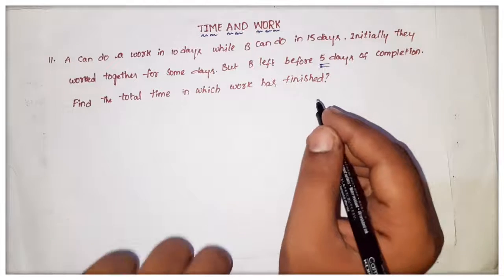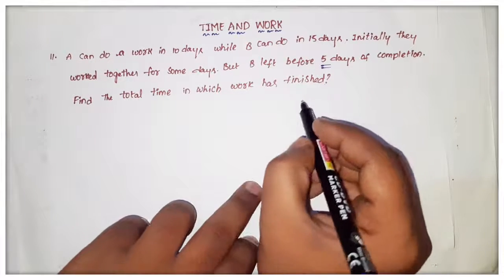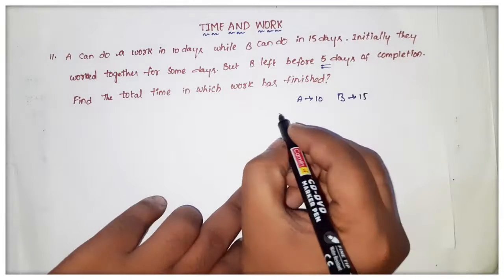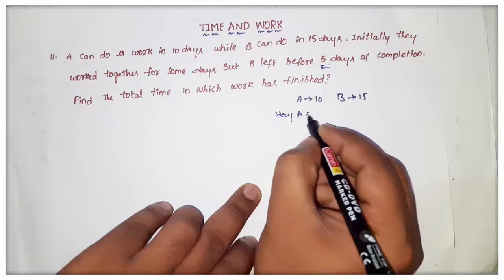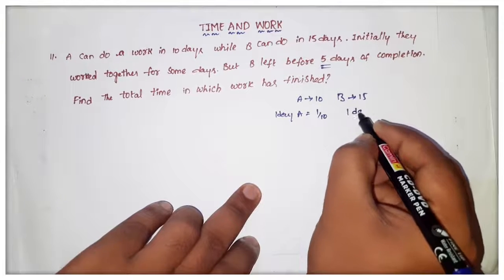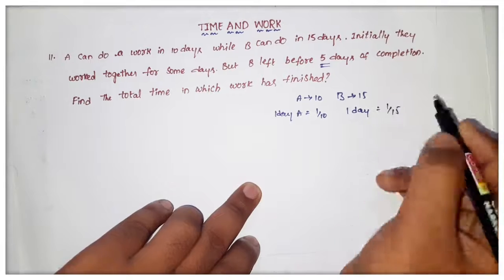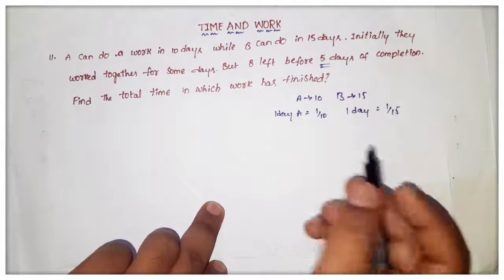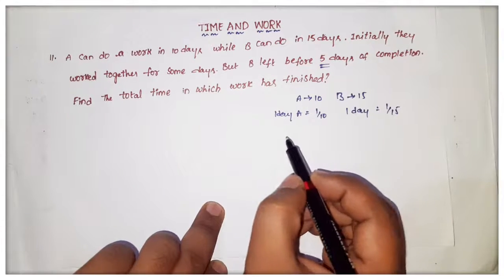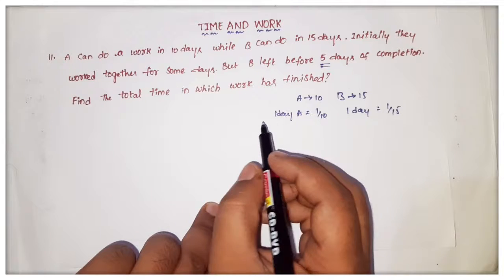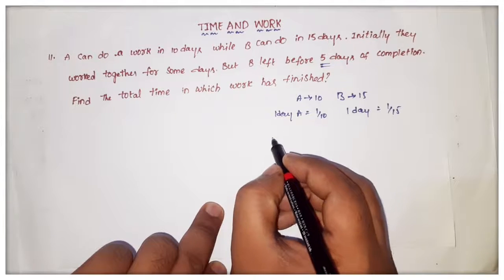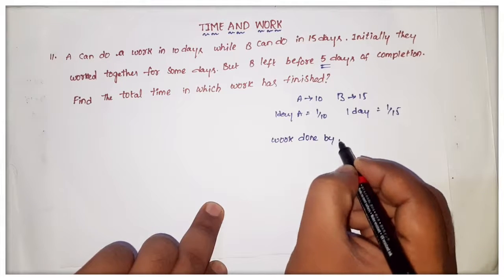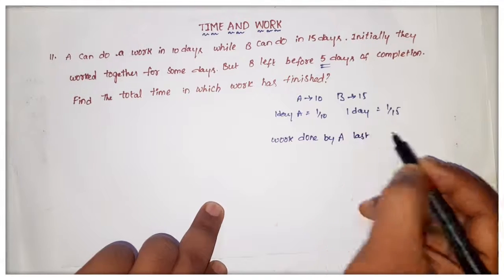So what is the given data? A can finish in 10 days, B can finish in 15 days. 1 day work of A is 1 by 10. 1 day work of B is 1 by 15. So A alone worked for 5 days. According to the question, A alone worked for 5 days to complete the work. So work done by A in the last 5 days will be given as